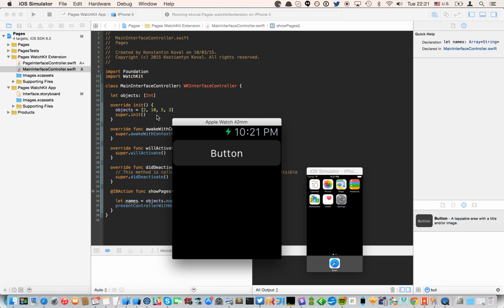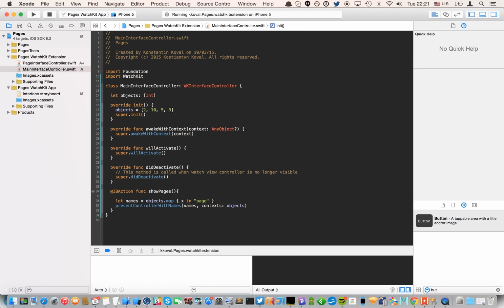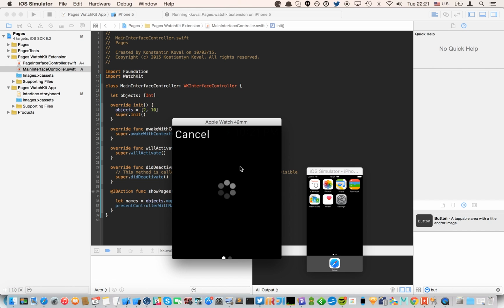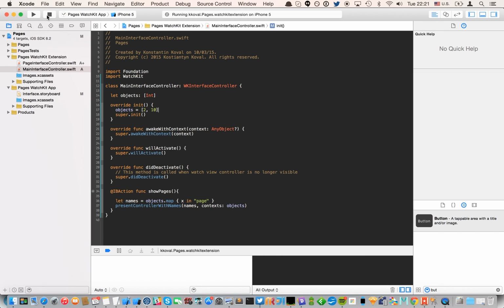Alright, let's try if actually it works. So we can remove, for example, make just 2 objects and run it. And we go back to our simulator and see that it actually works. Only 2 objects. Okay, basically this is it for this tutorial. The next tutorial I think is going to be about table view or